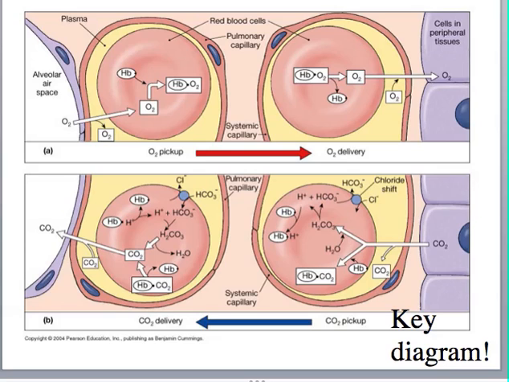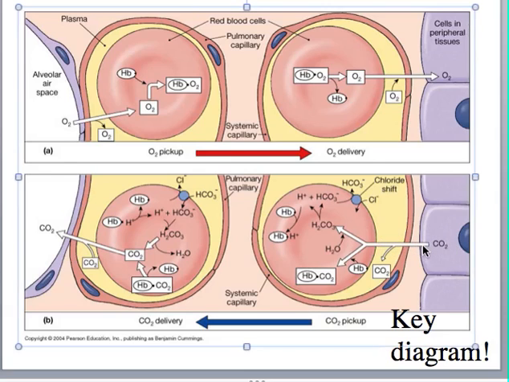Okay, here's this picture. This is another key diagram. We actually looked at this before, but let's look again. We've seen how oxygen is transported in our previous video, but now let's look at how CO2 is transported. Remember that the tissues are producing the CO2, so CO2 will diffuse